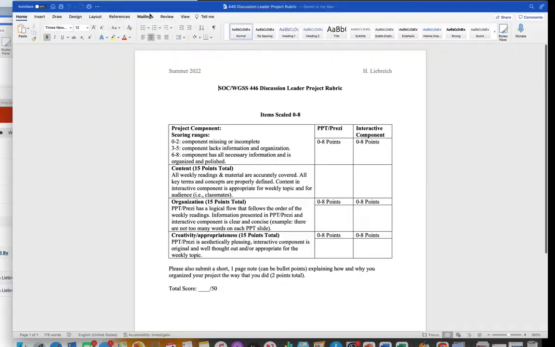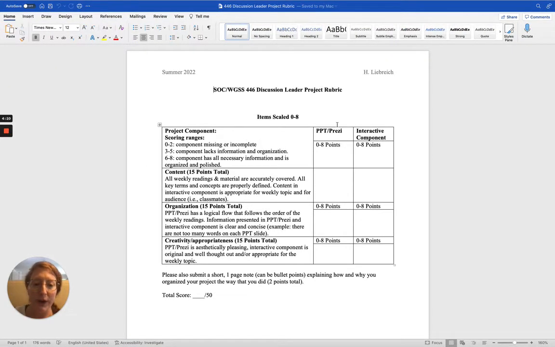Here is the rubric. You'll be graded off of your PowerPoint or Prezi. You can choose which type of medium you want to use. And then you should also have an interactive component, which I'll talk about in more detail in a second. From there, you'll get scored on content, organization, creativity and appropriateness. And then if you do the math there, that gets you to 48 points, but the